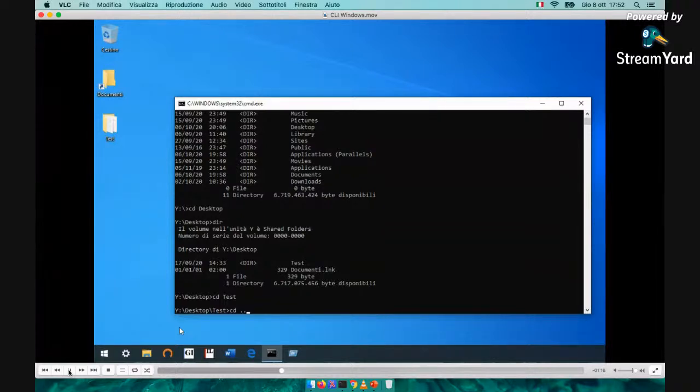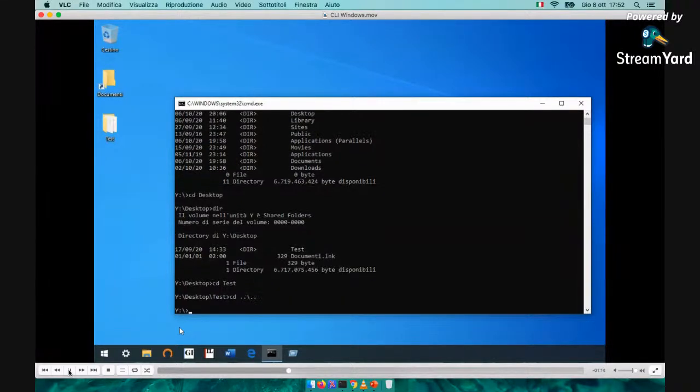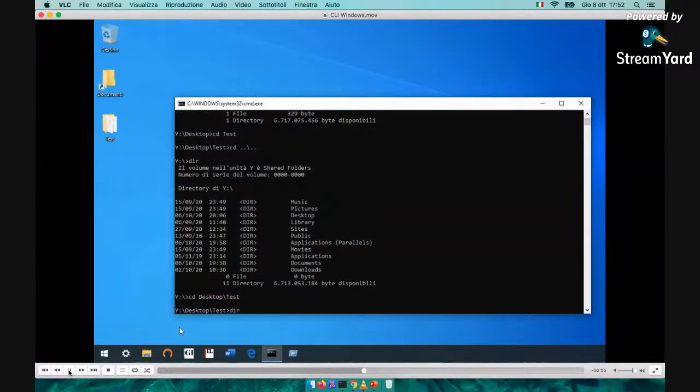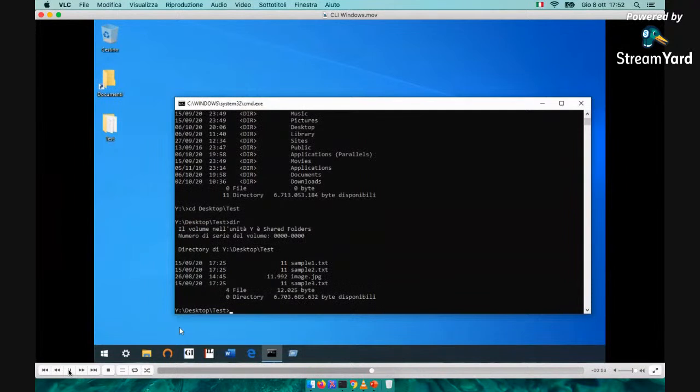I'm going back with the 2 dots, which is the same, but here I use the backslash instead of the /. Okay, now I'm going back to my folder test and see what's there, the same files as before.